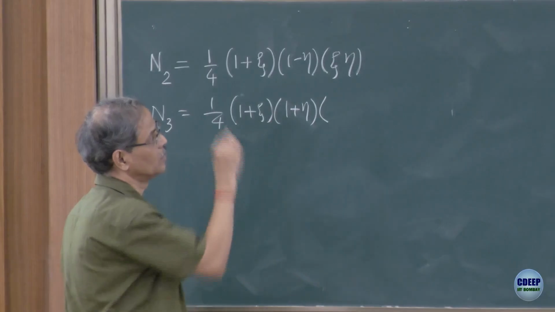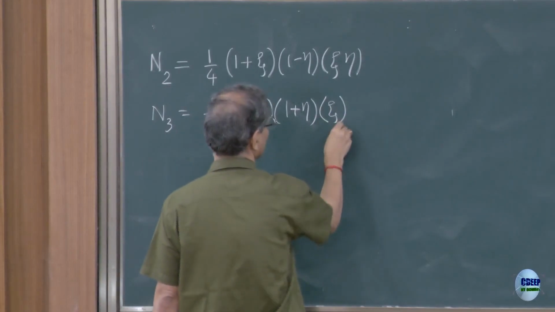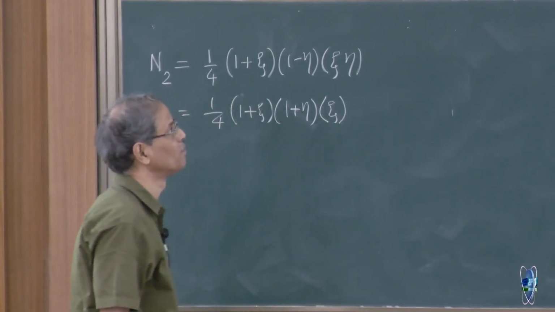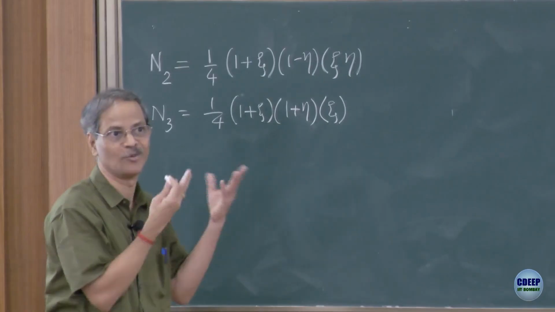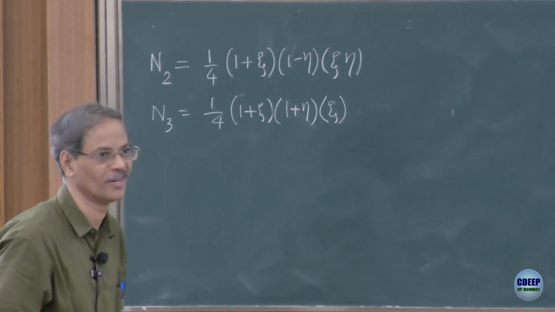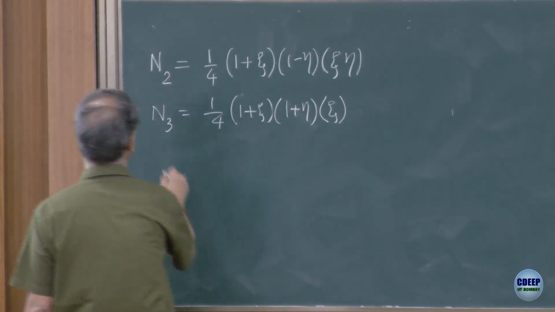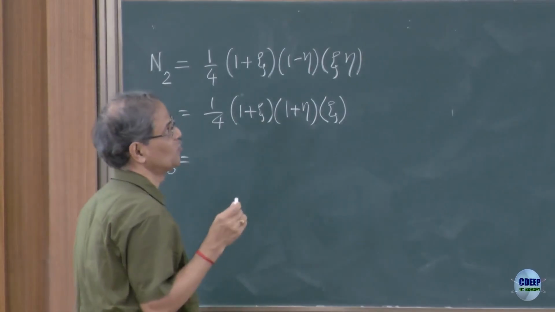These two are taken care of. Then it is right? Please check. I am looking at the figure and writing it out. It is not that I know or I remember anything. So N6 now, N6 would be